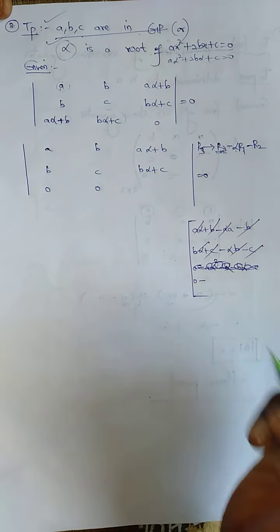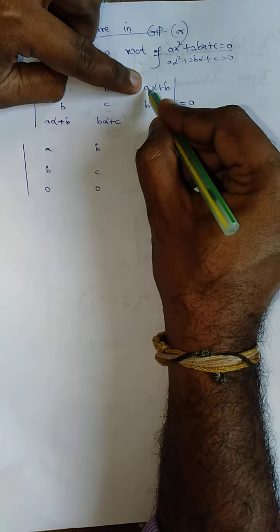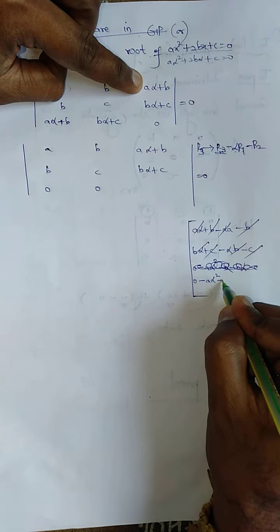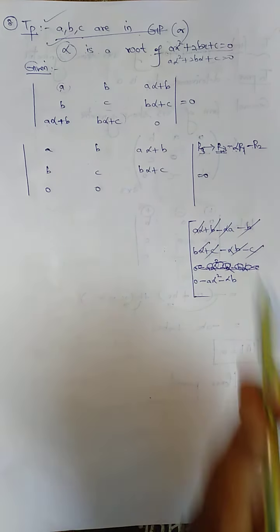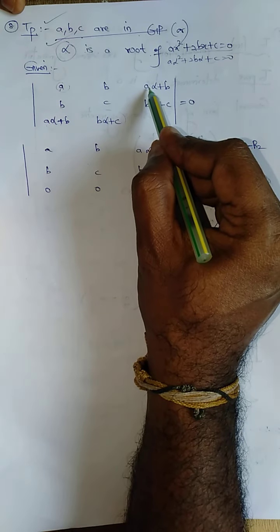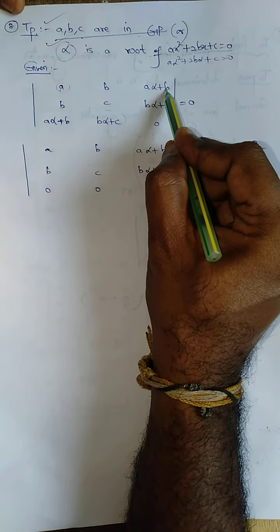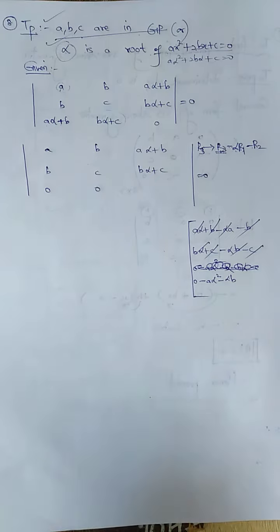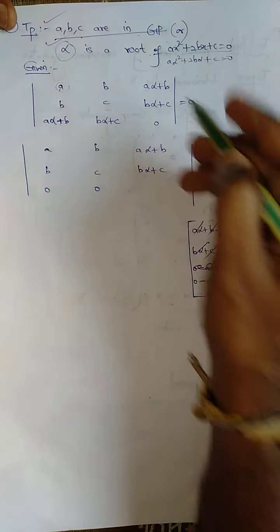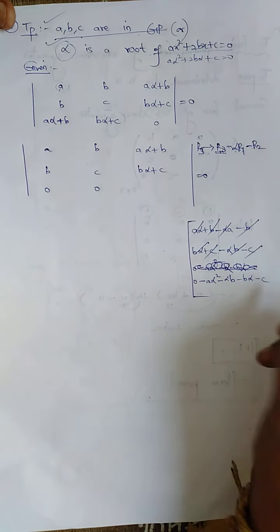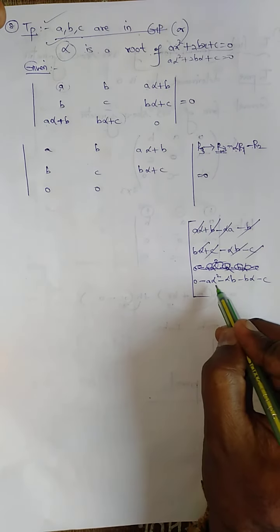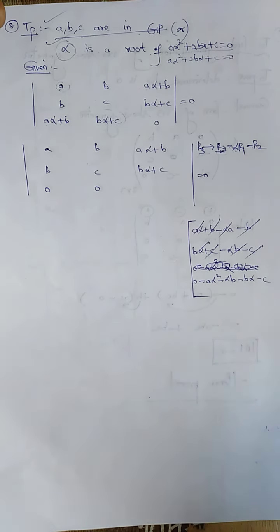R3 is 0, 0 minus alpha into R1. Alpha into R1 becomes A alpha square and alpha B. That is, multiply R1 with minus alpha, therefore minus A alpha square minus B alpha. Next minus R2 means minus B alpha minus C. So check it carefully. What is present here? Minus, minus, minus, minus. So totally I can take minus outside.